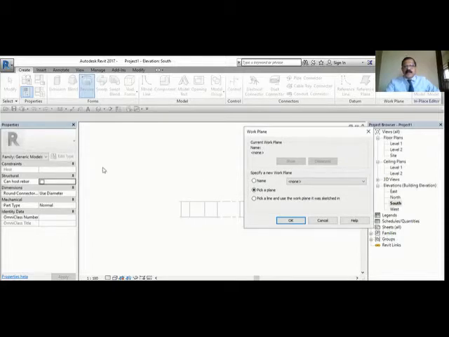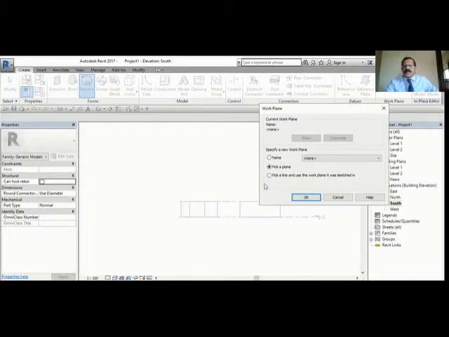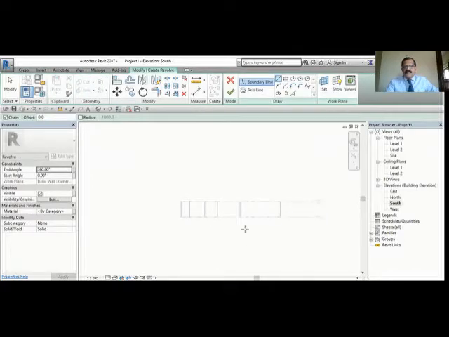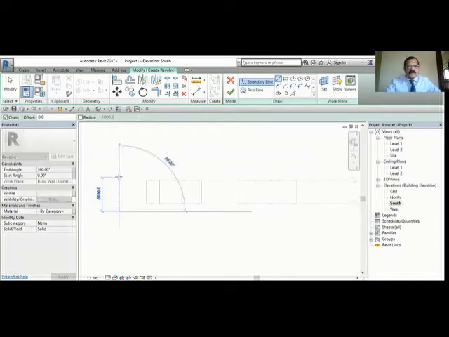Since you are in the elevation, you have to show which plane you want to work in. Earlier you were in the plan, and you need not show the plane because it is automatically the ground. Here you have to specify where you want to work. So we want to use one of the vertical planes. So pick a plane and select one of the walls. We will select this one, so it should be parallel to this. Now I have to draw the axis and boundary. This is my axis.